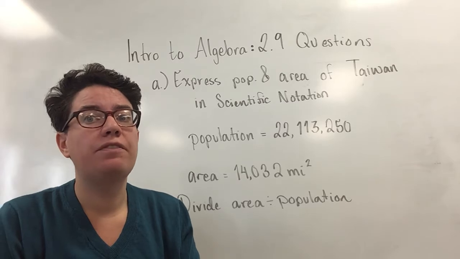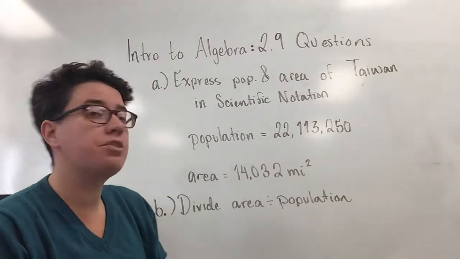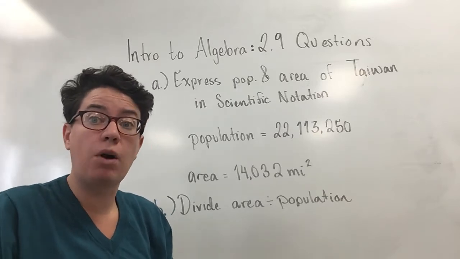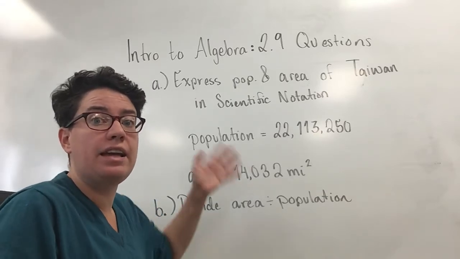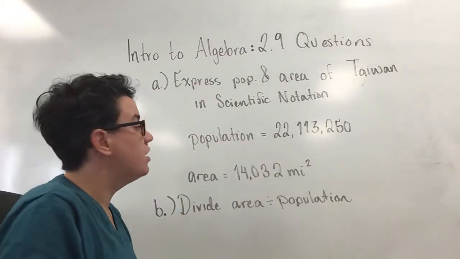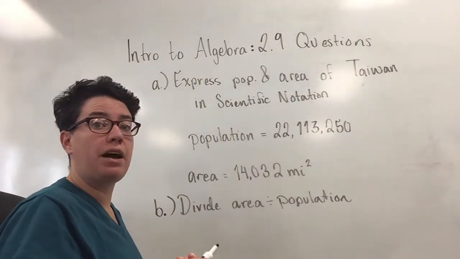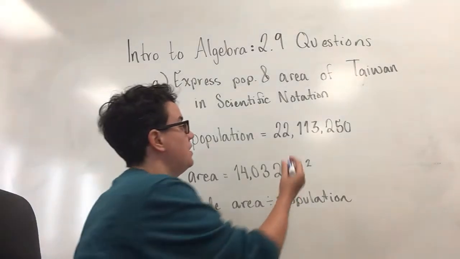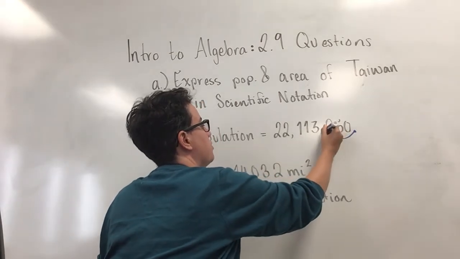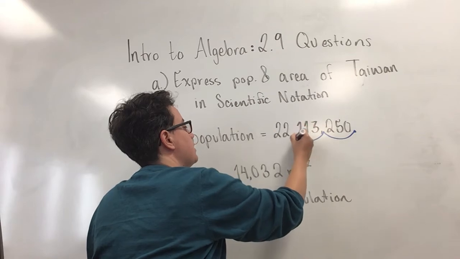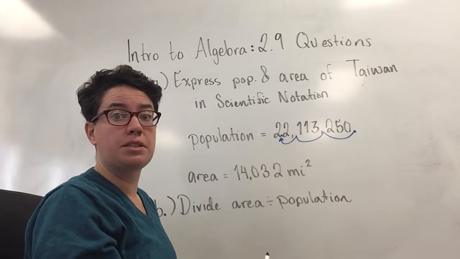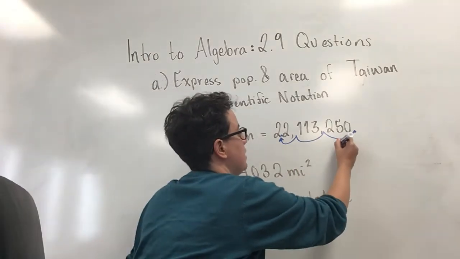Now, for number 43, which is the most asked question, this is about population and area of Taiwan. The first part, A, asks you to just convert the numbers they give you in the table into scientific notation. They are both large numbers, which means our power of 10 is going to be positive. In this case, for population, we're going to move the decimal point from here, 3 spaces, 6 spaces, 7 spaces. And they round it in the book, which seems very reasonable to me,